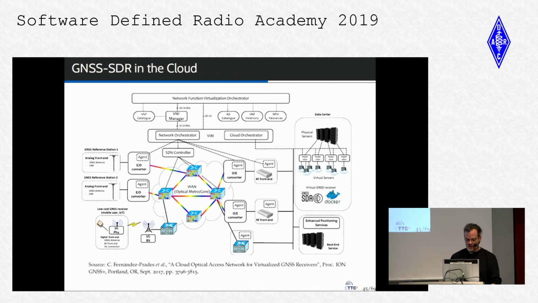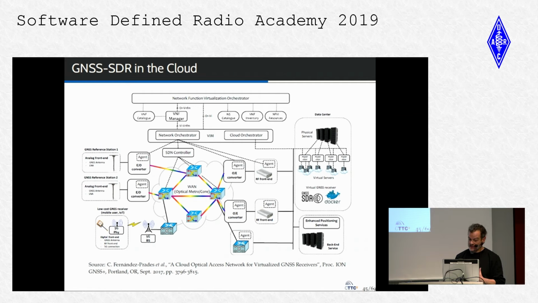So what we could do with that? This is something that came into our mind. Okay, let's try to do as people from mobile communications do. You can put all your baseband engines in the cloud. That means that you can physically separate your antennas from your baseband engine. This is what we have done here.